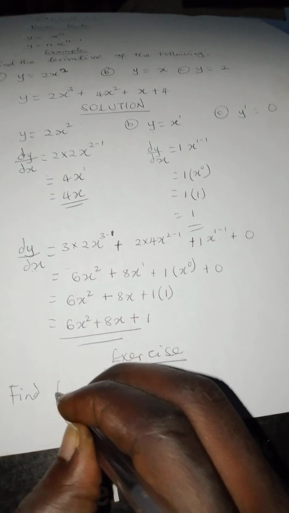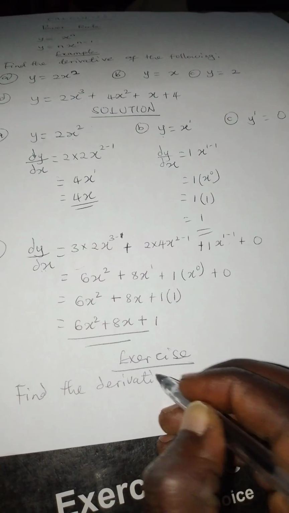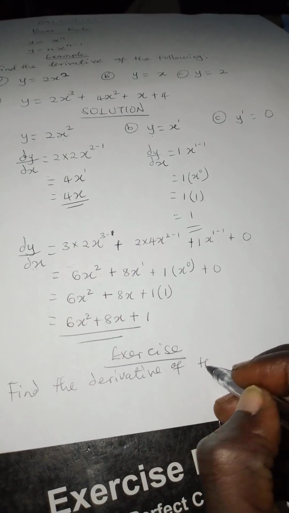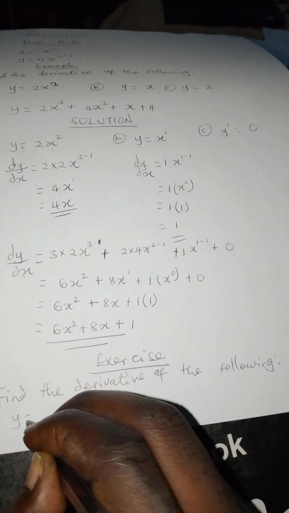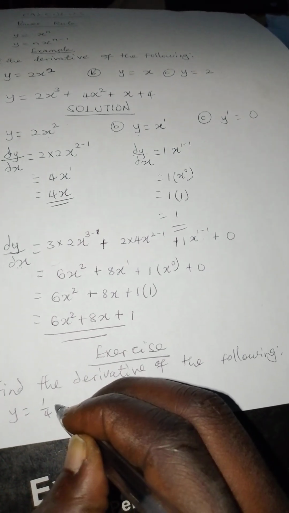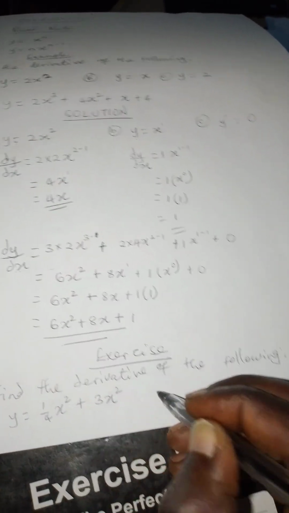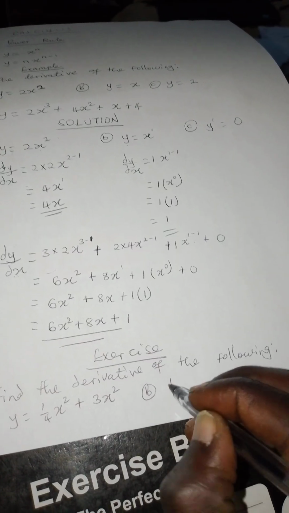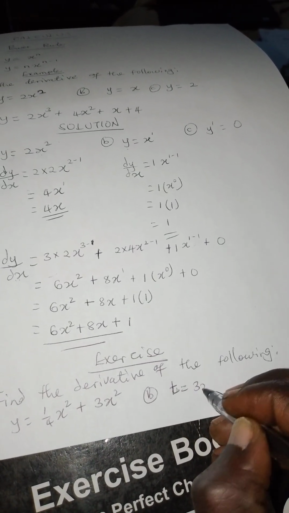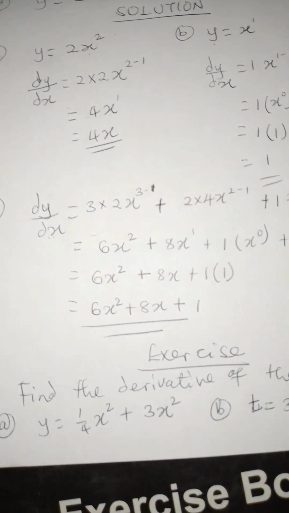Find the derivative of the following. (a) y is equal to 1 over 4 x squared plus 3x squared. (b) y is equal to 3x squared plus